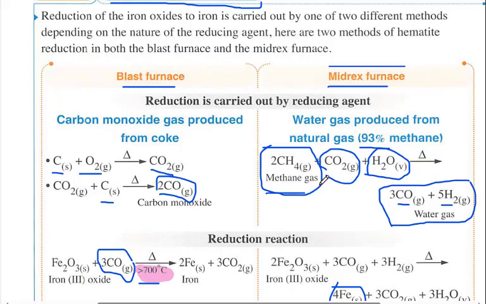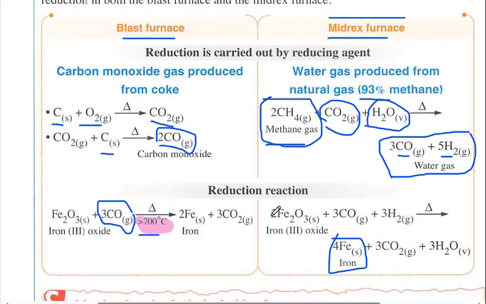Or we can use natural gas, which contains mainly methane, CH4, with carbon dioxide and water, to transform them by chemical reaction into carbon monoxide and hydrogen, which are the water gas, a mixture of carbon monoxide and hydrogen. They are used as a reducing agent here in the Midrex furnace to reduce the hematite, or ferric oxide, into elemental iron. Okay,